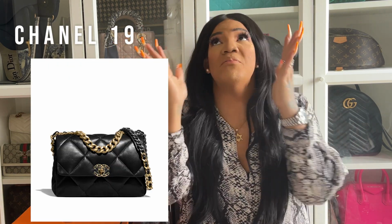Bag number 6, no other than the Chanel 19. I love this bag. From the first time I saw it, I was like, I have to get one of these bags. I just see myself having one. I've seen so many beautiful colors around, so many different sizes, different versions of it. I think the version I like the most was the tweed version. However, I would not invest in the tweed version,